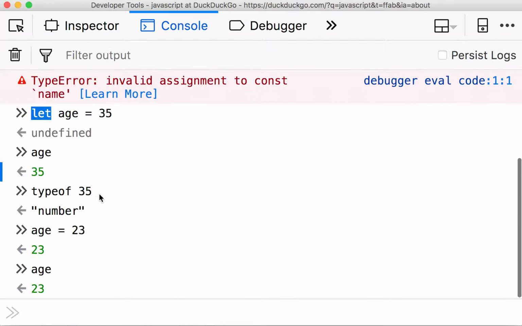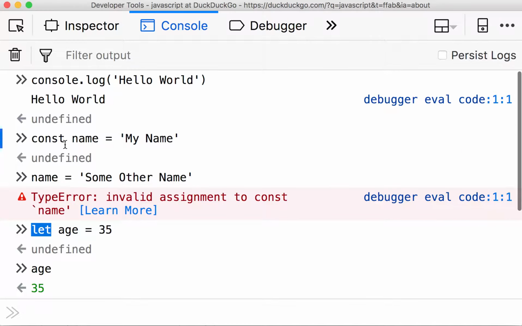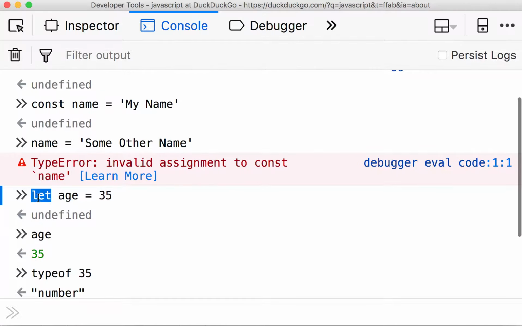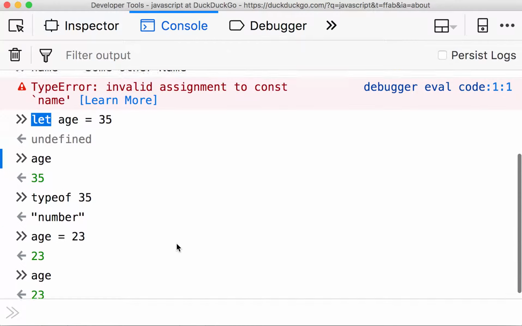So that's because we use the word let. If you want to be able to assign a value to the variable age more than once, not just the first time like we did here, you use let. My advice is to always start out with const, and if later, as you program and add more code, you feel it's necessary for the variable to be changed, you should change the const to let in the declaration. Alright, so